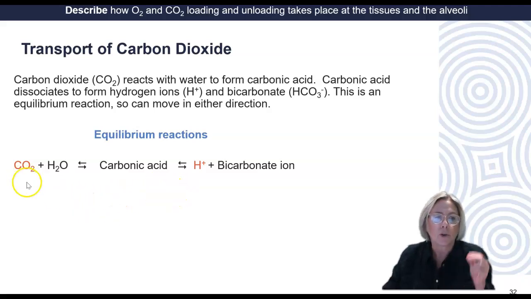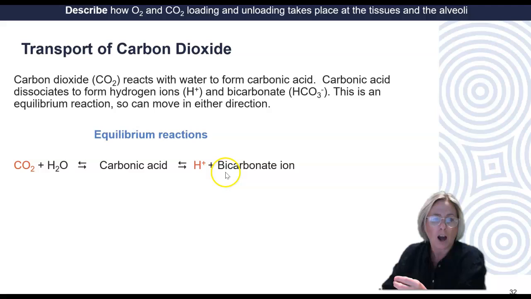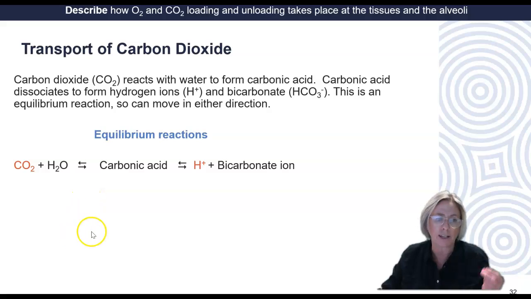So carbon dioxide combines with water to form carbonic acid, which dissociates to release free hydrogen and bicarbonate anion. That can go the other way. So if the hydrogen and bicarbonate anion bind to form the carbonic acid, it can then dissociate to release carbon